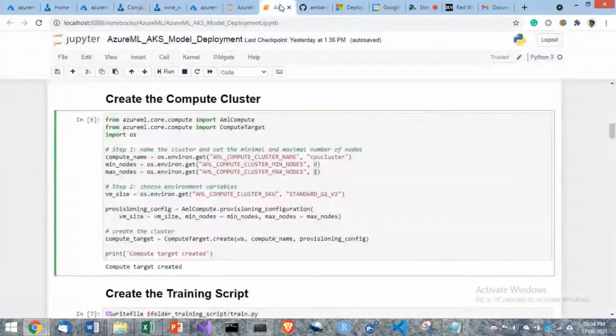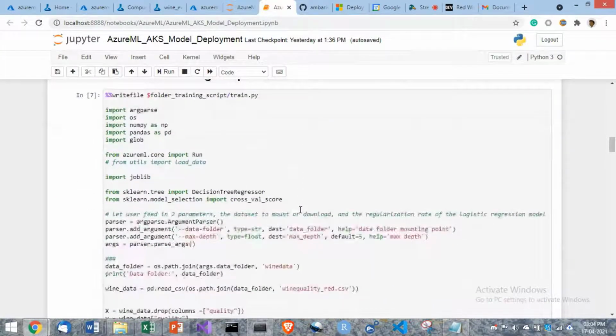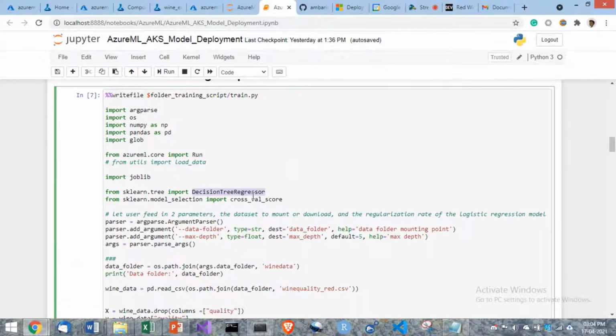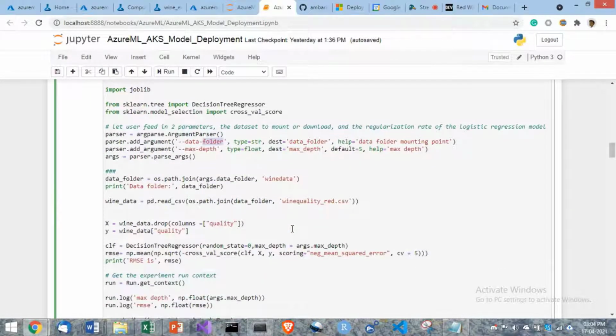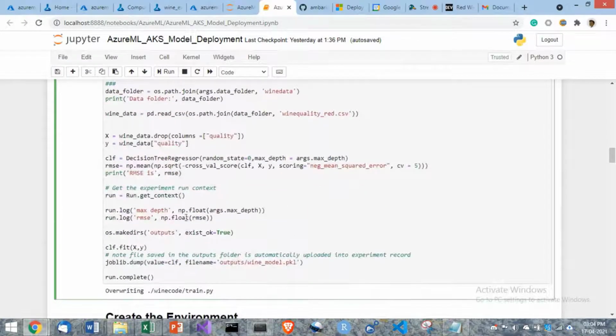Now I create the training script. Basically, this is my model. I'm using a very simple thing, a decision tree regressor with two parameters, max depth and the data folder, and the standard decision tree, RMSE, and all these stuff. I'm not going more into the model building space because this is your area.